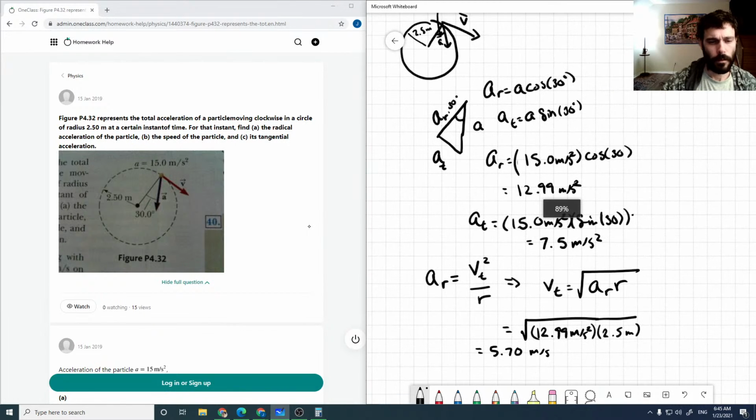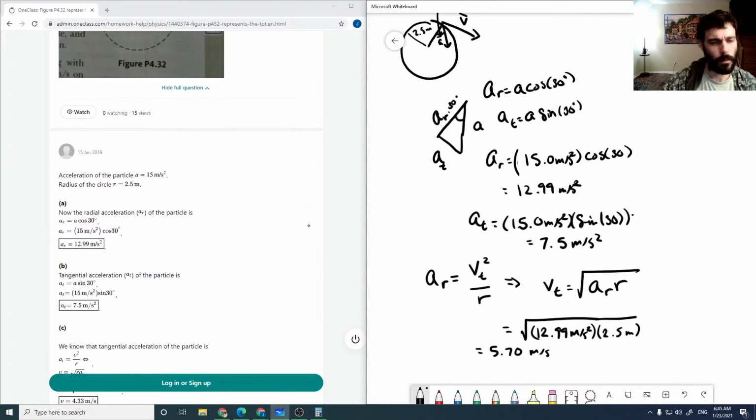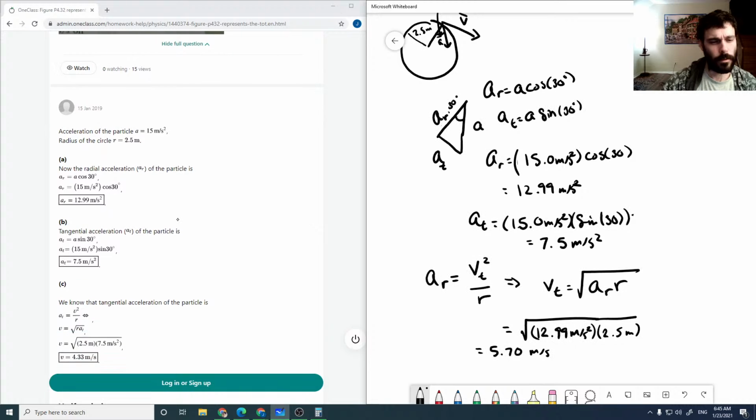Okay. So we can get its tangential, its radial,